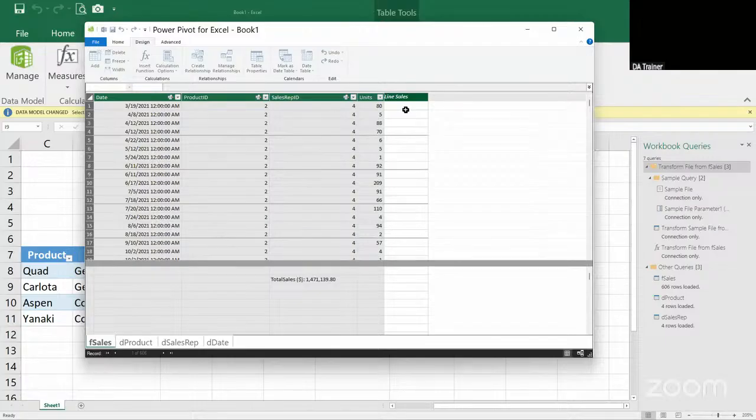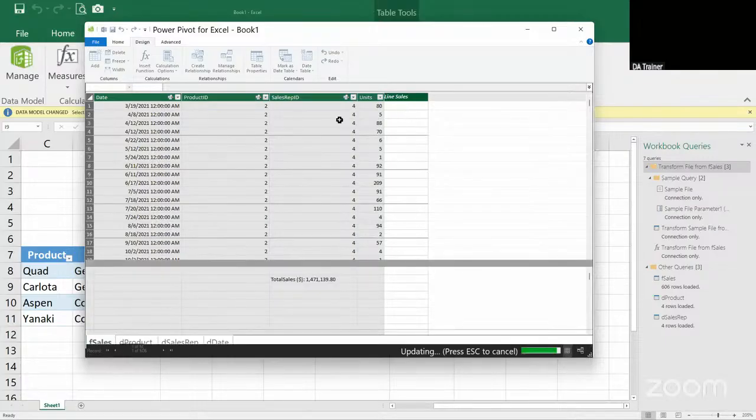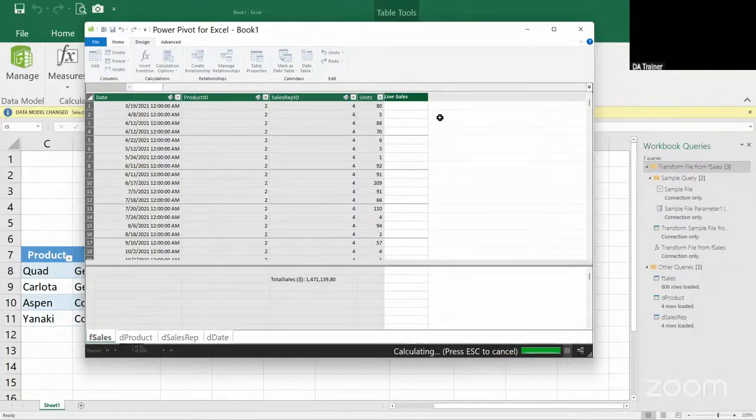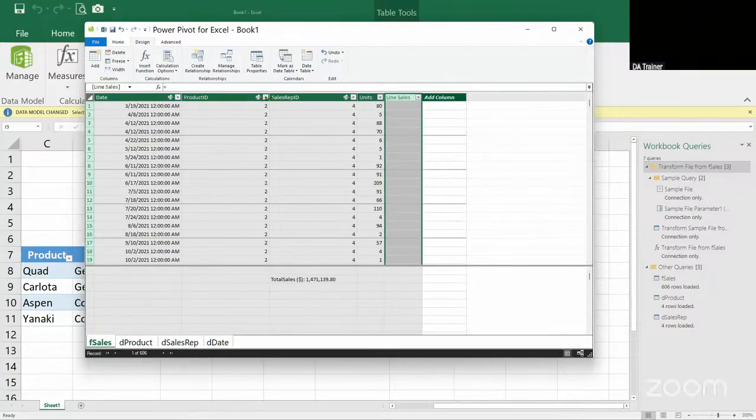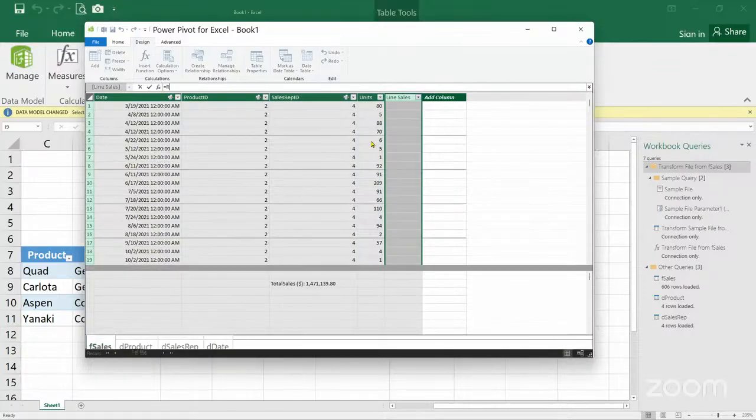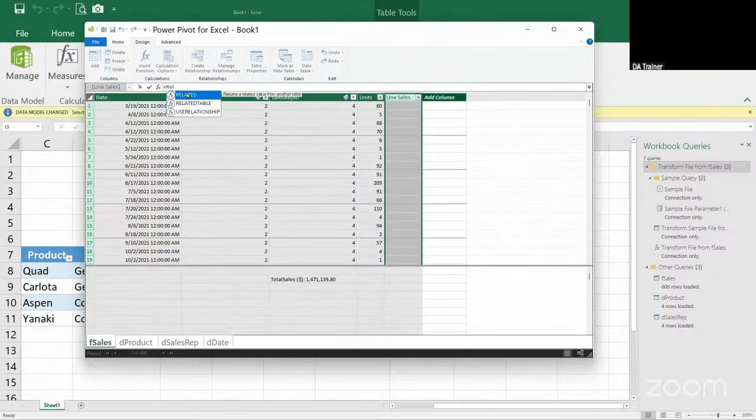Press enter. And once you press enter, oh, okay, it's not done. Let it finish. Okay, so that's finished now. Once you press enter, the formula bar is already activated for your use. What you will now do, you start with the related formula. Double click on it to appear there, and then you say